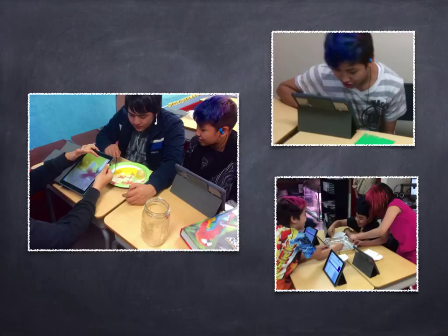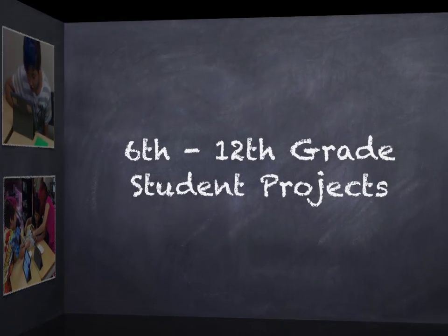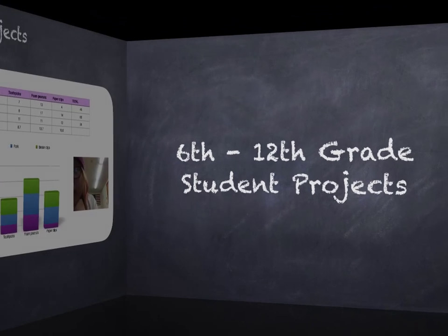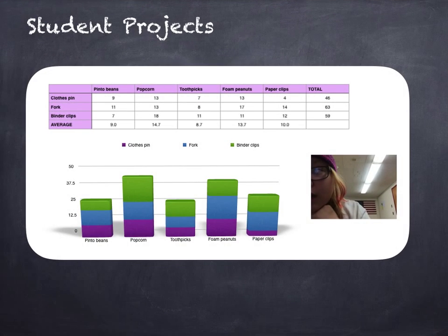You can sense from these pictures how students are working together. Here are a few examples of projects that students have completed this semester. In this experiment, students simulated natural selection. This student displayed her data in a chart, used formulas to make calculations, and made a meaningful graph from her chart and shared one conclusion. She chose to make a conclusion about the birds, and our next student chose to make a conclusion about the